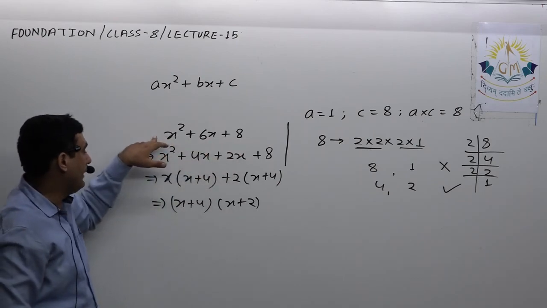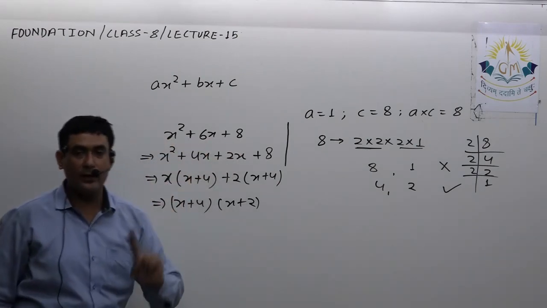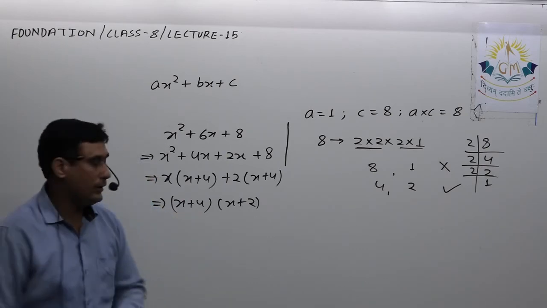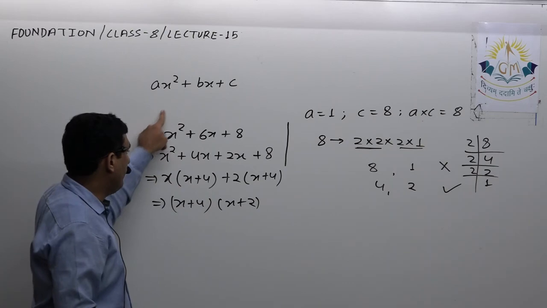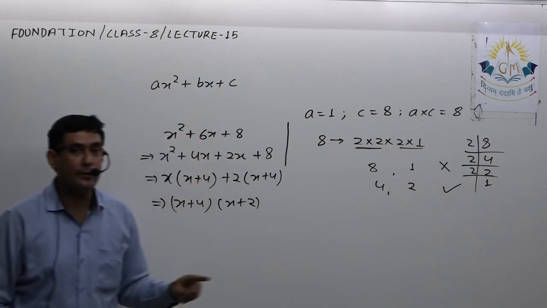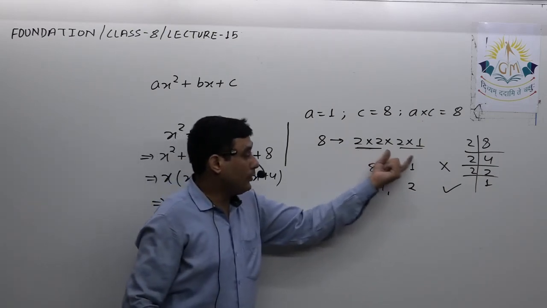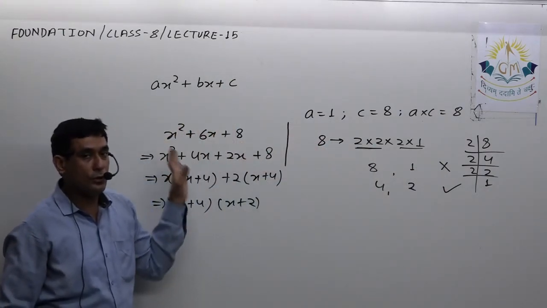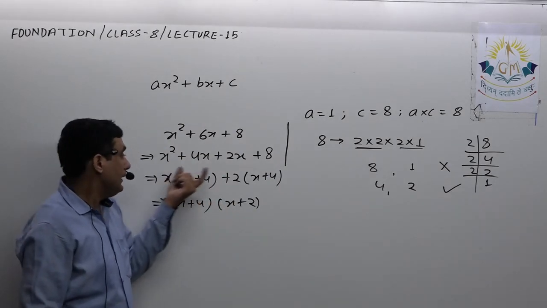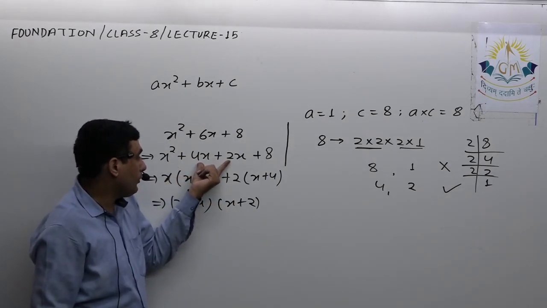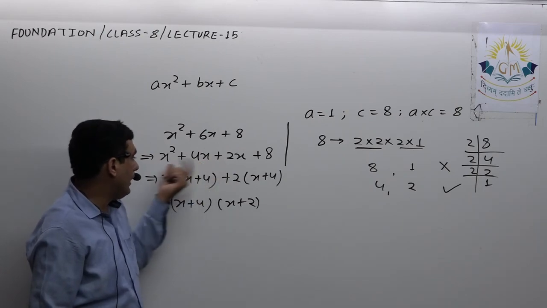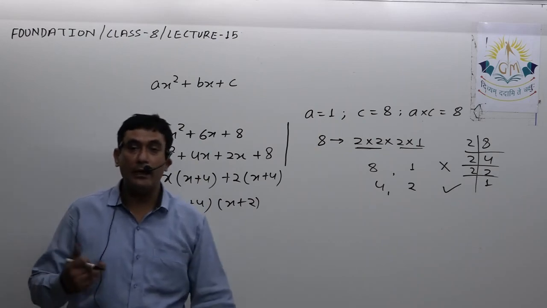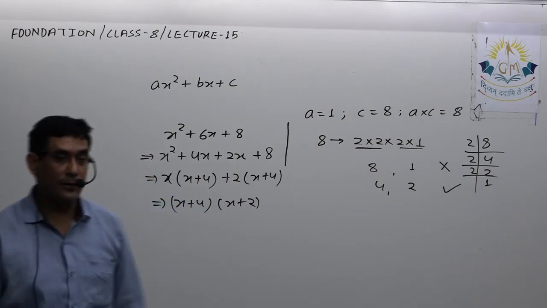First you have to identify whether the given expression is in the standard form or not, whether the first term of the expression is positive or not. Then you have to find the factors of a multiplied by c. Then you have to make the groups such that by adding or subtracting those groups you should get the middle term. Then you have to check whether the product of those two middle terms is the product of first and last term or not, and then you have to start taking common from first two and next two.